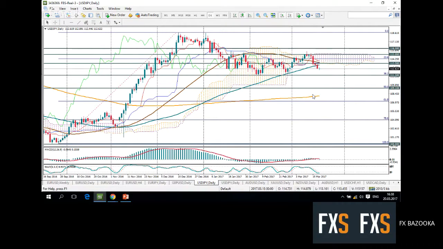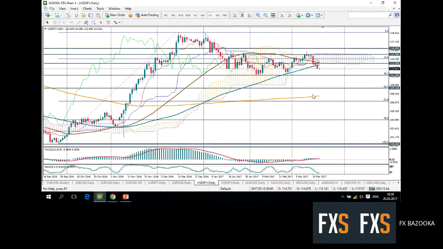This is a factor which contributes to higher demand for the Japanese yen, and despite the fact that the Bank of Japan keeps its monetary policy loose, this factor in the short term may lead to dollar-yen testing levels near